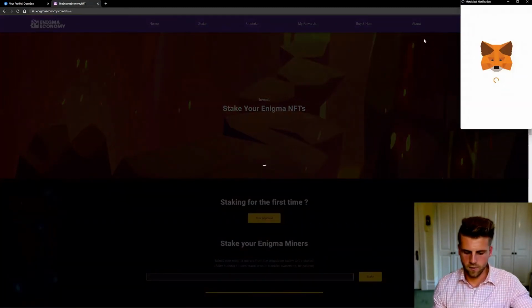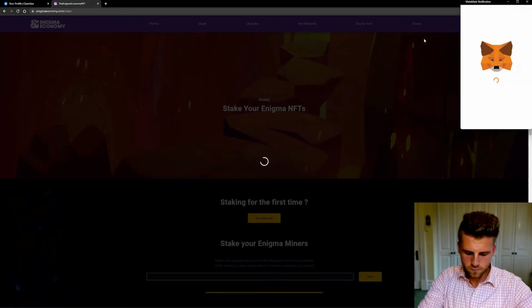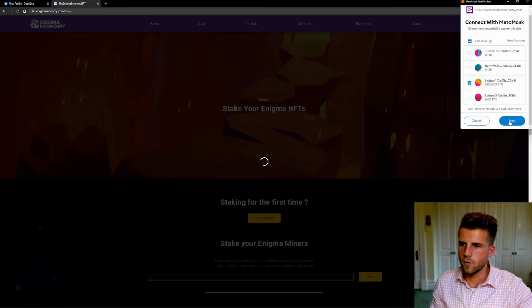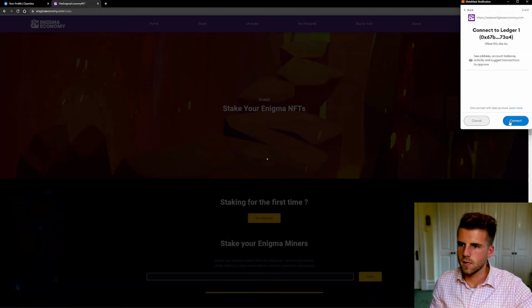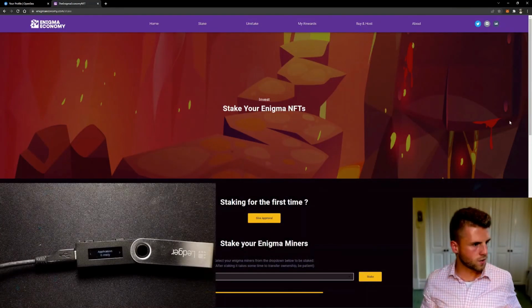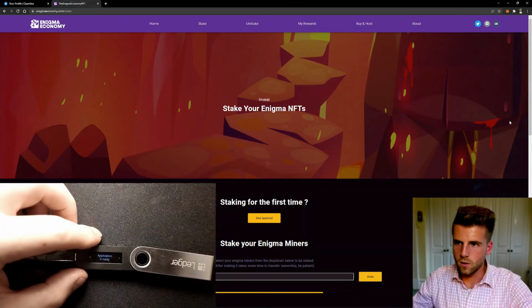You'll see that we have a notification come up now. Again, you're going to want to make sure that your Ledger is connected and that you enter your PIN. So I'm just entering my PIN now. We're connected, and we want to connect Ledger 1, which is our original account. So we press next and press connect, and I should share the Ledger screen, and you'll see that we're now